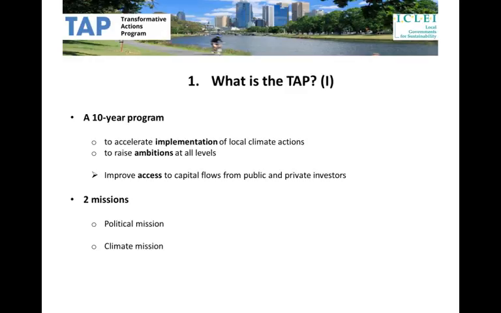And regarding the application process in itself, the TAP team here at the World Secretariat and in the regional offices can provide assistance in filling in the form, that is answering any question applicants may have. So this does not mean that we can gather the data for the applicant. This means that we can answer any technical questions you may have on how to fill out the form, providing feedback, and also providing translations. So at the moment, the application form exists in English, French, Spanish, Portuguese, Korean, Chinese, and Japanese.